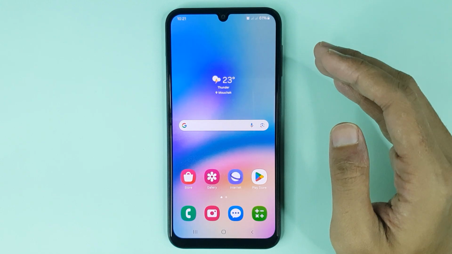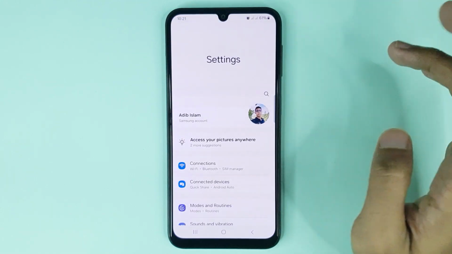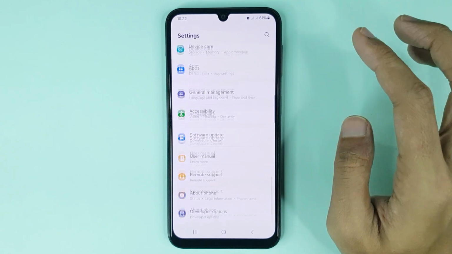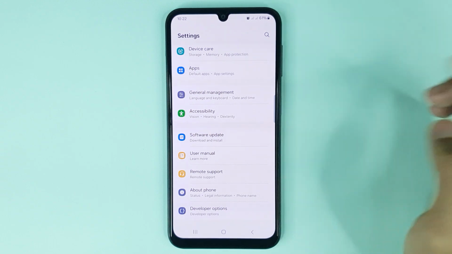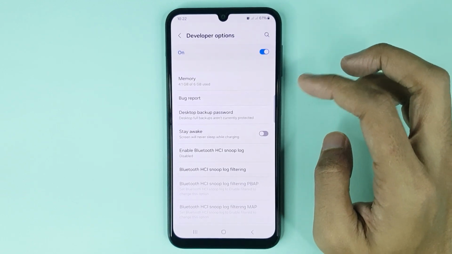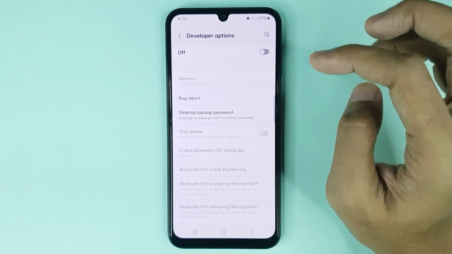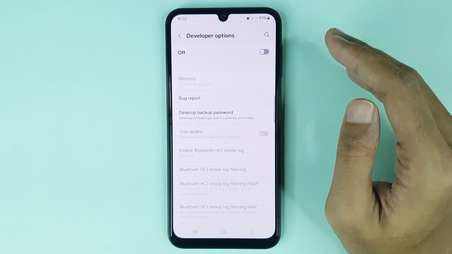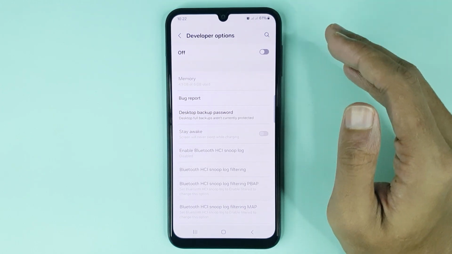Now if you want to disable developer options, go to settings app and then scroll all the way down, then go to developer options. Now just tap here to disable developer options, and it's done. And that is how you can enable or disable